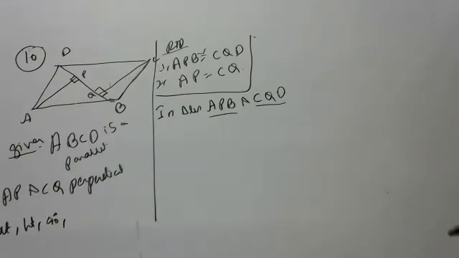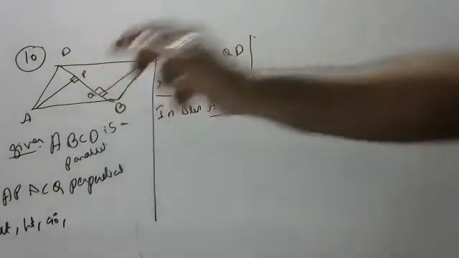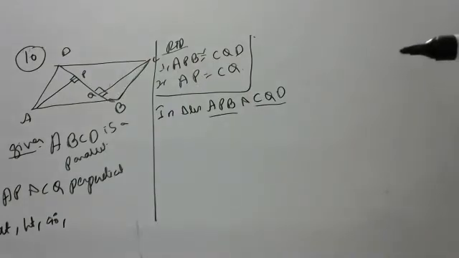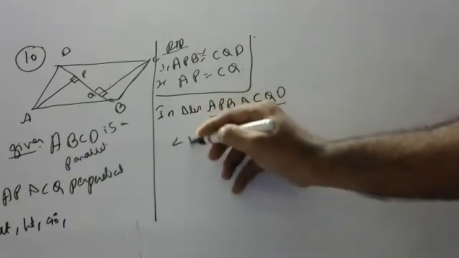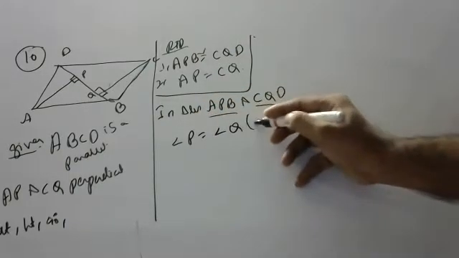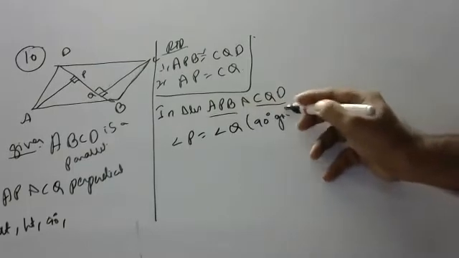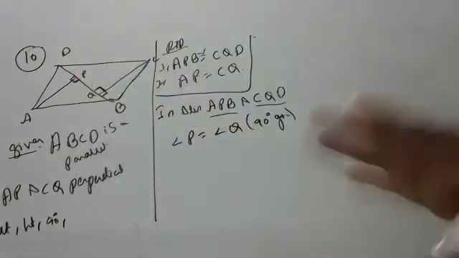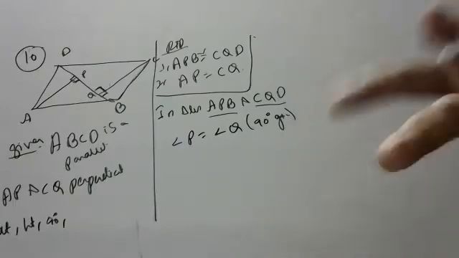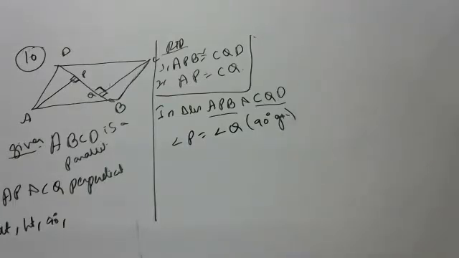Wait, one second. You are saying angle P is equal to angle Q, 90 degrees, you want to say. Okay, no problem. He's saying that angle P is equal to angle Q, 90 degrees given. Fantastic. First one, good start. This is 90 degrees. AP is equal to PQ? No, they didn't give that.